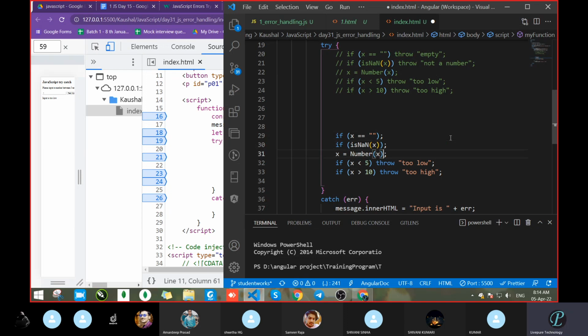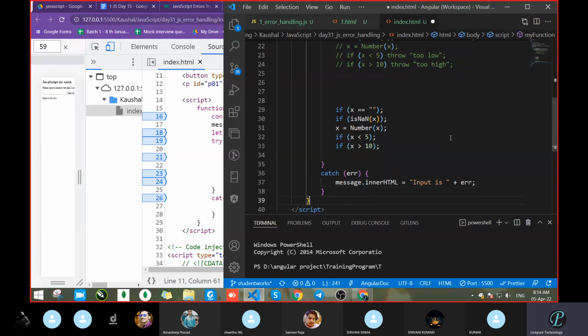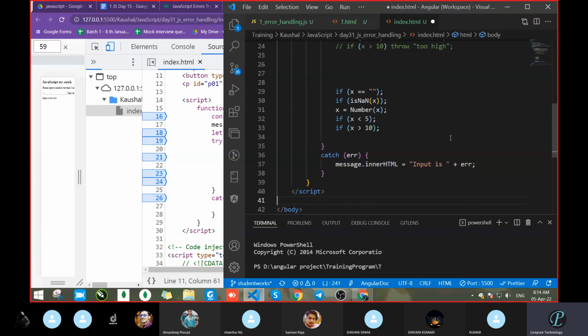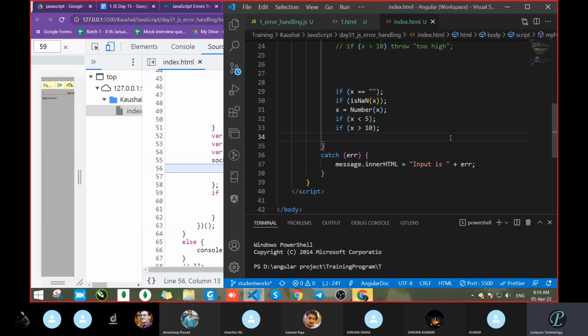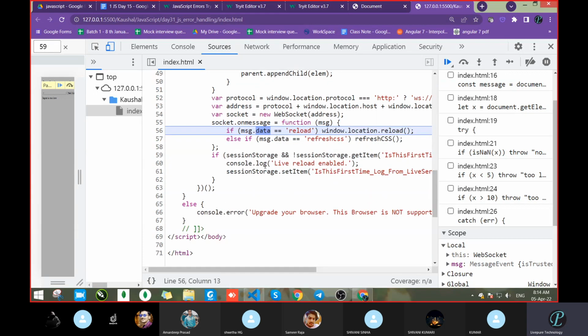I am not thinking that you will get any error because there is no if block, else block. Let's see what will happen. But with the help of throw message, we can give the proper information of the error. Samir, by this way we can add our custom message, and this is the way of custom. You had asked that time.